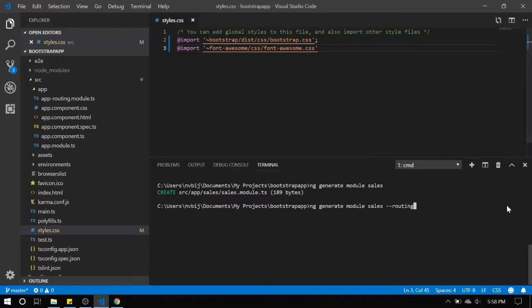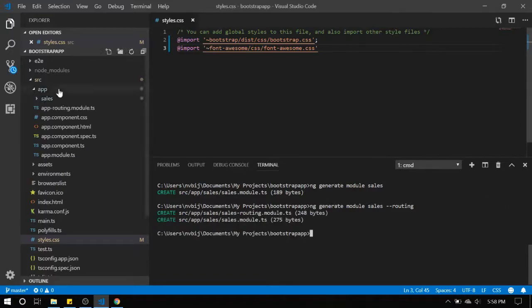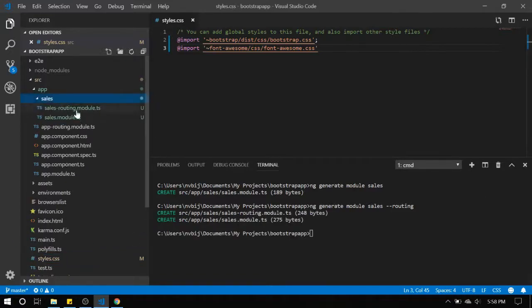So all we need to do is add the switch routing and press enter. Now let's go and take a look at that sales module. We'll see both of the files got added. So once we have the module added, we can create a couple of components for that module as well. So let's add